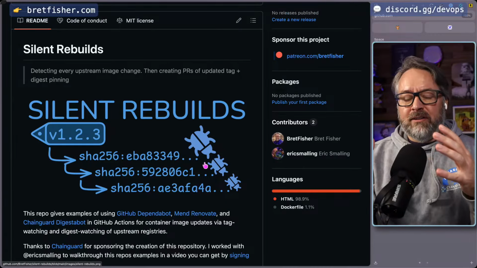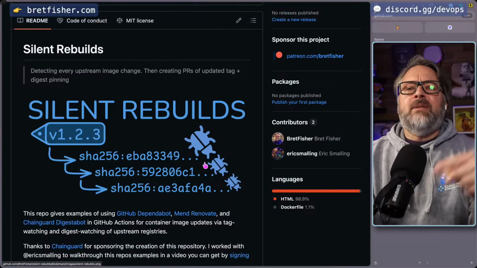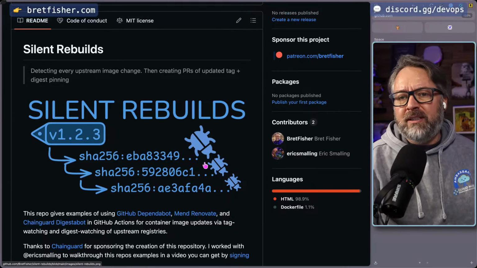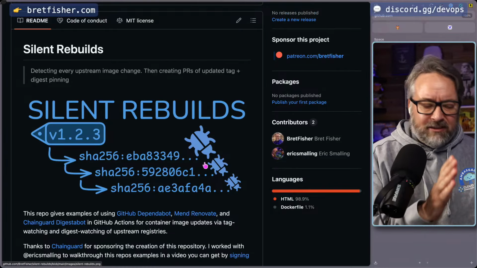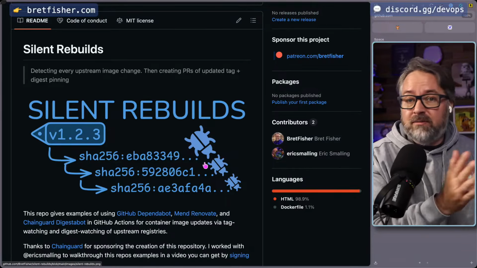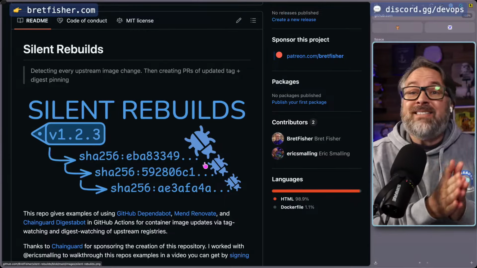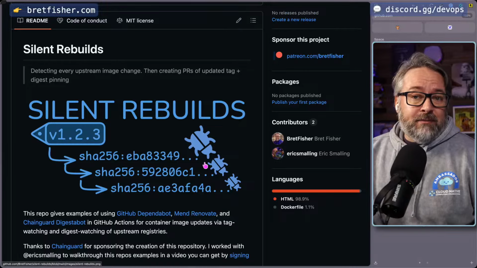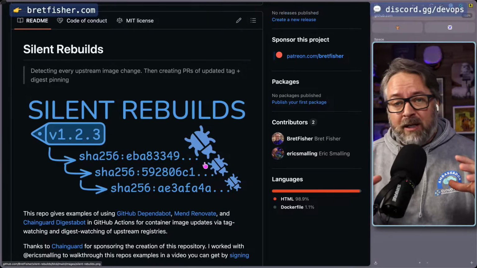But the real focus here is that even if you make the most perfect image in your life and it has 0 CVEs in it and you can't see any vulnerabilities from any of the scanners because they don't exist in there because you're so good at making container images, that's only today. In 2 weeks, it might have one. In 4 weeks, it might have one. If it's got a base image of Alpine or